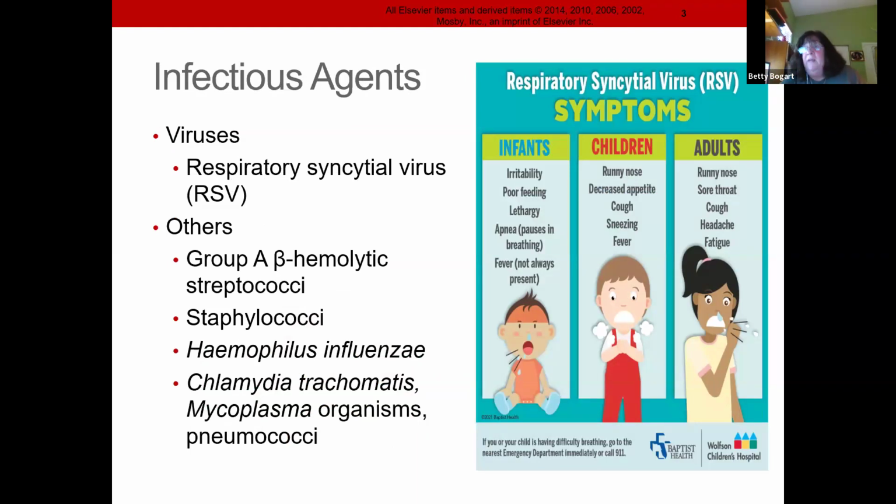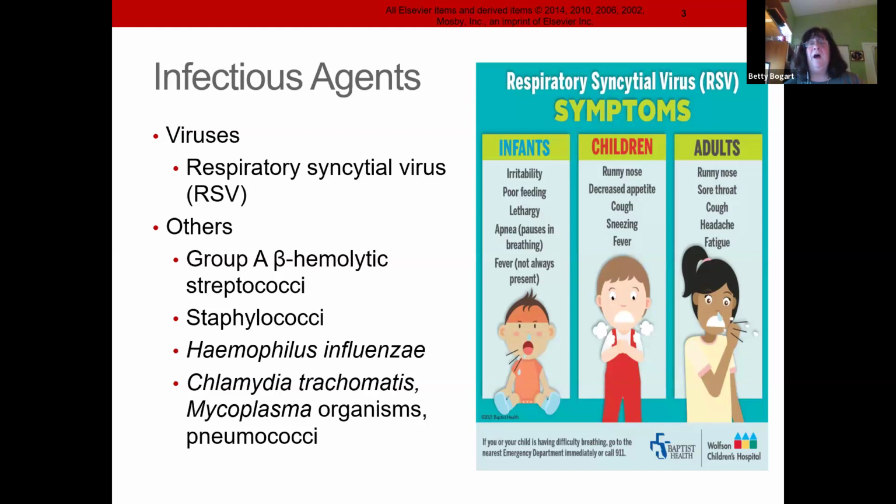So for me and you, it's a common cold, but for a newborn infant, a young baby, it's hard because they're obligatory nose breathers. Now you put mucus in there, and what is their job? To suck, swallow, and breathe. So it becomes all of this extra stuff, and you'll see a lot of respiratory problems with it.